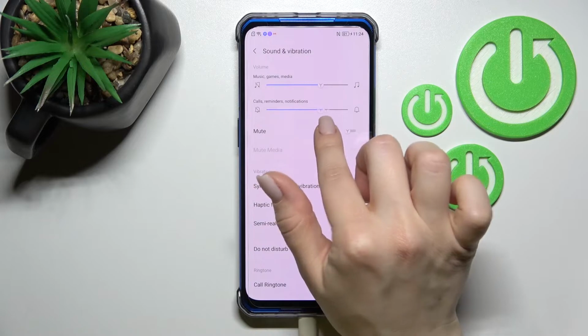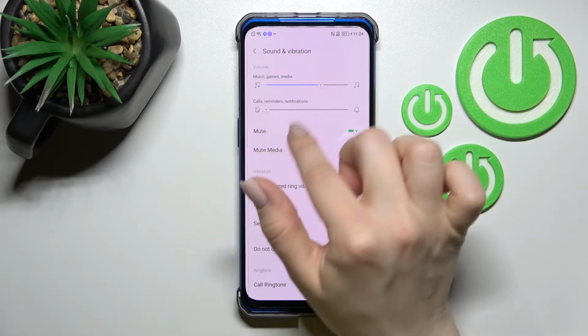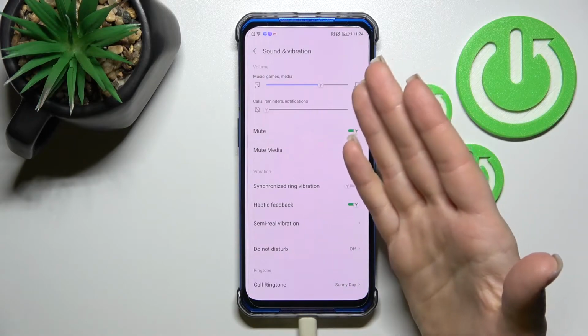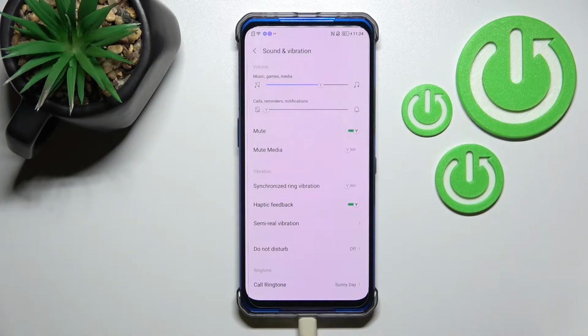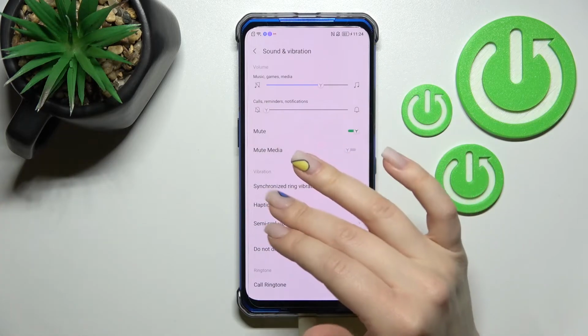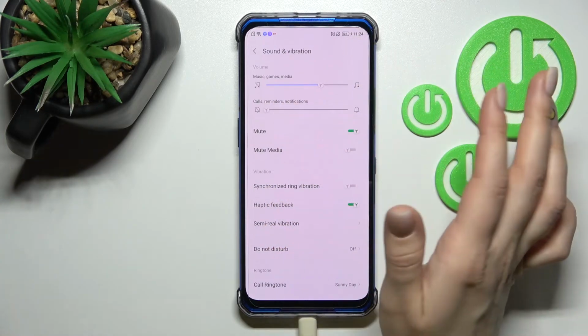Just to mute our ringtones, you should slide this dot to the left side with your finger, and as you can see, just like the sound mode, silent mode is turned on, that means that our ringtones will be muted. But if you just want to mute your ringtones but you want to stay with the notifications, you